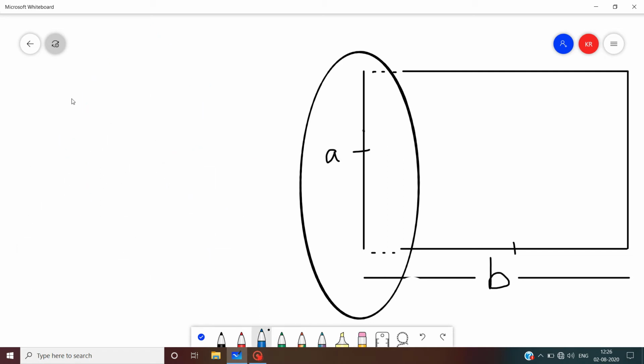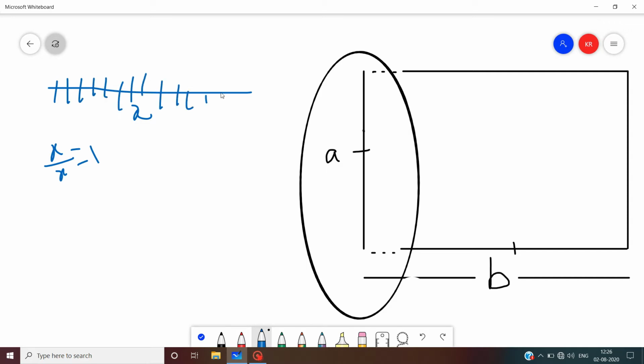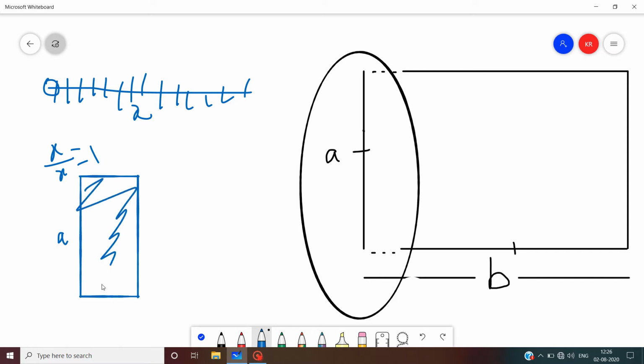Now coming to the derivation of the rectangular area. Initially I'm taking a line with a length x. I am dividing the line x times, which gives me a unit. So when line x is divided x times, we get each part as a unit distance, right? Similarly, a line with length a is swept along some distance, then from the initial position to the final position it has covered some part, right?